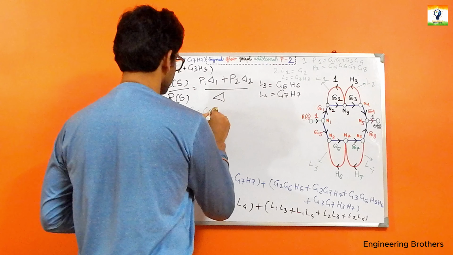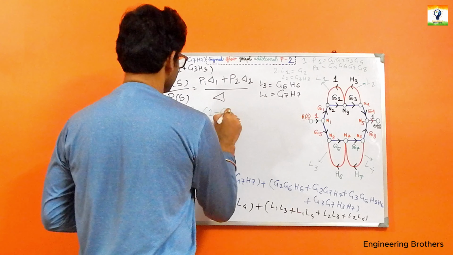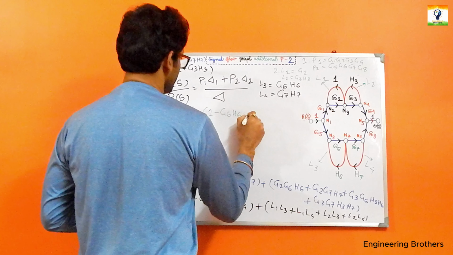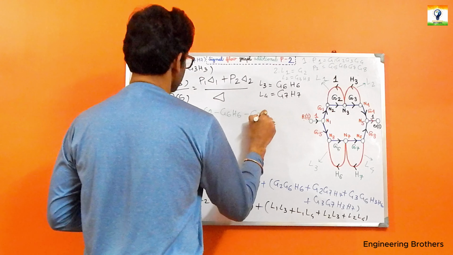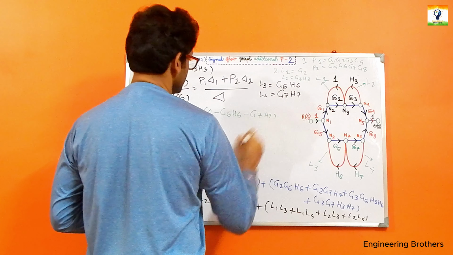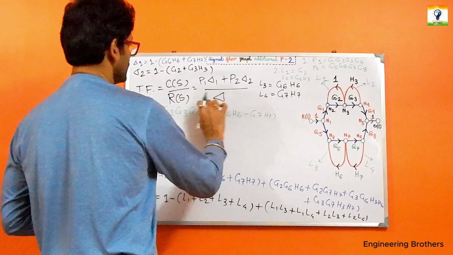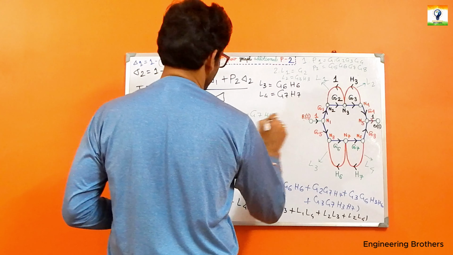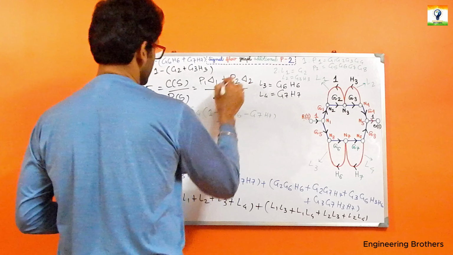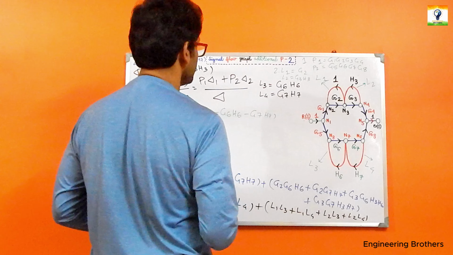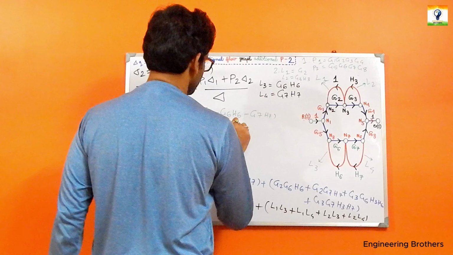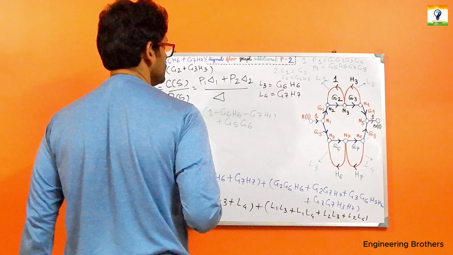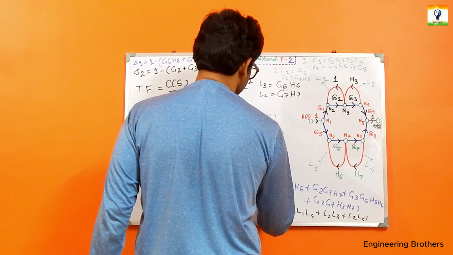minus G6H6 minus G7H7. This one will be our delta 1, and for the next part we have plus the forward path P2, which is going to be G5, G6, G7, G8,